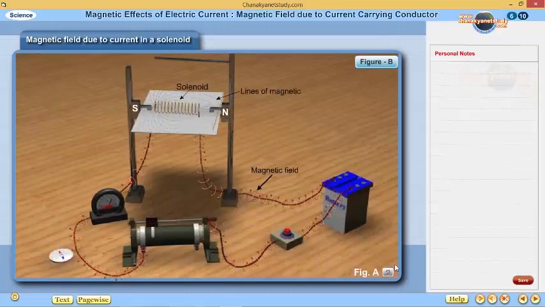The solenoid has all the properties of the field produced by a bar magnet. With the help of a solenoid, we can magnetize a piece of rod of a given material. If the rod is hard steel and if the magnetic field is strong enough, a permanent magnet can be produced.